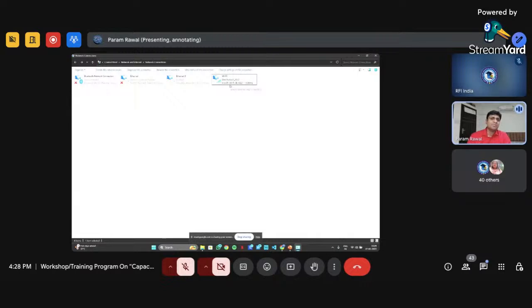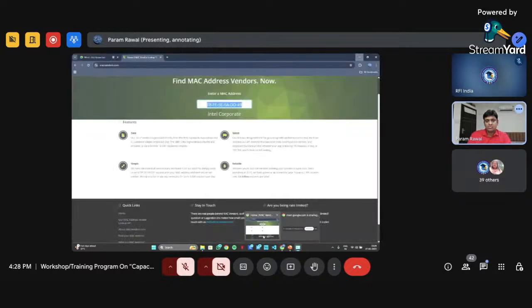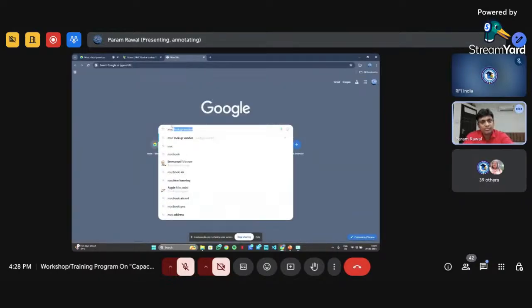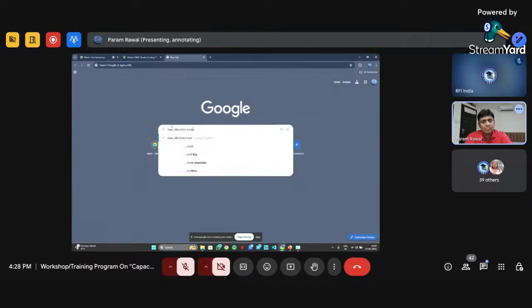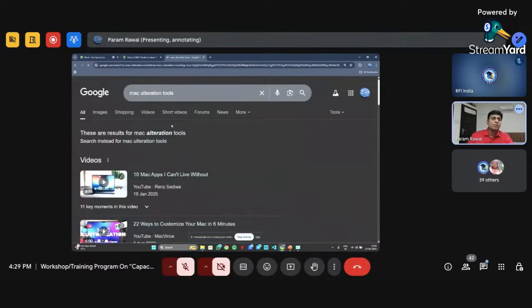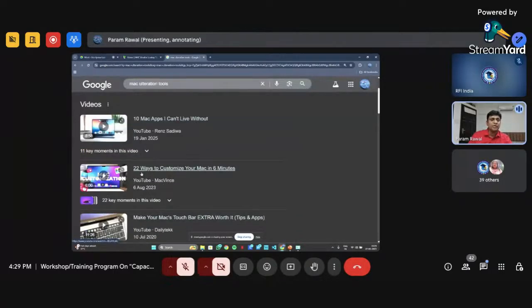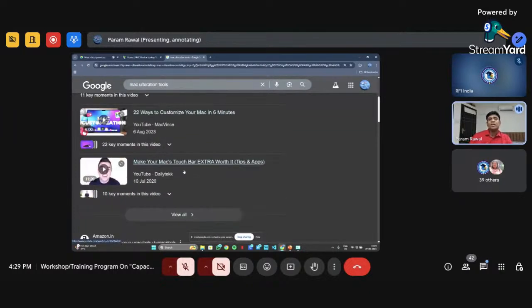Some are paid versions, and you can even go to Google and search for MAC alteration. So there are MAC alteration tools, and there are videos available, so one can easily get the idea about how you can alter the MAC address.